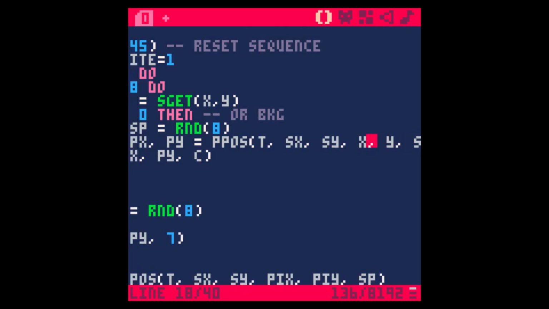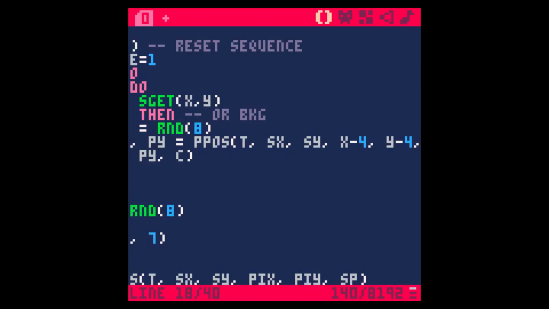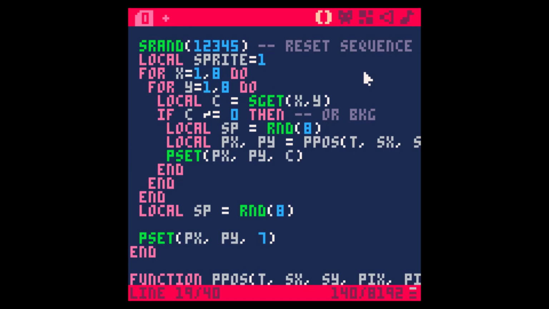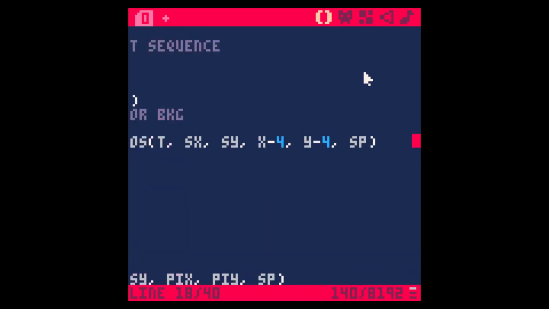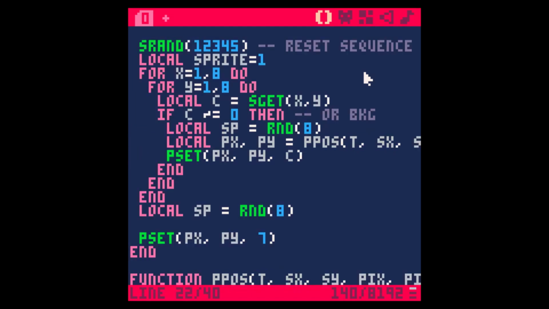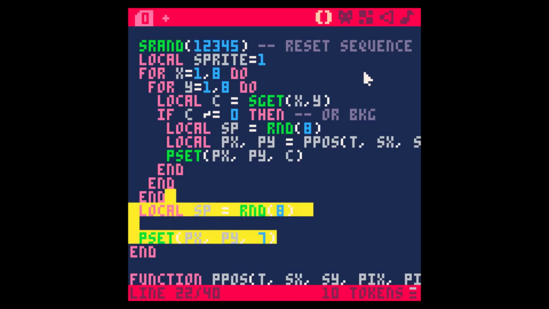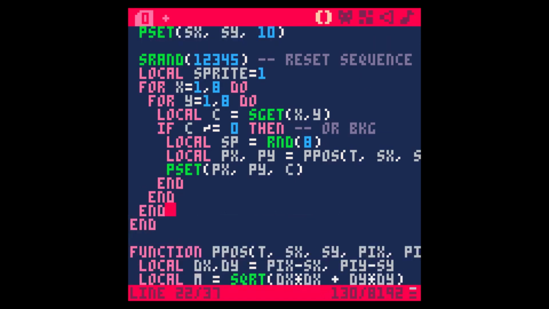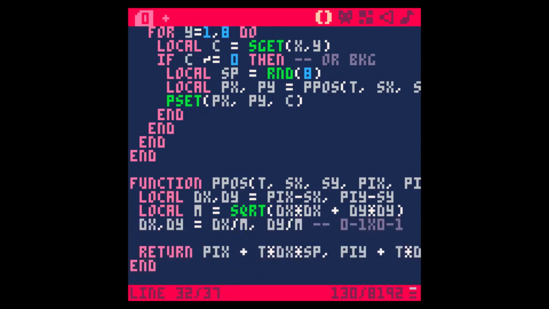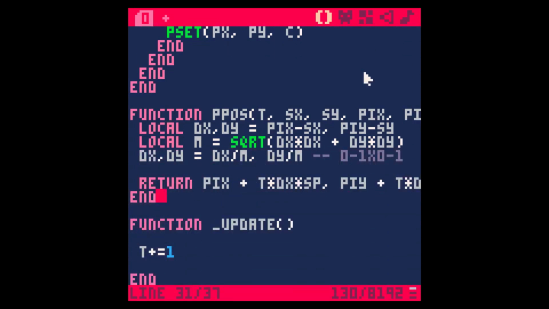Now we're going to calculate it from the center of the sprite. So we're going to offset the beginning by -4. So it's going to be -4 to +4 in each of the x and y directions. This we can get rid of. Okay. So what we should see, if I did this right, there are no problems, we should see it just